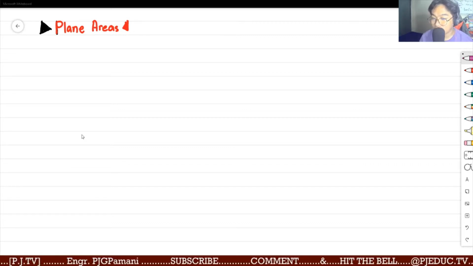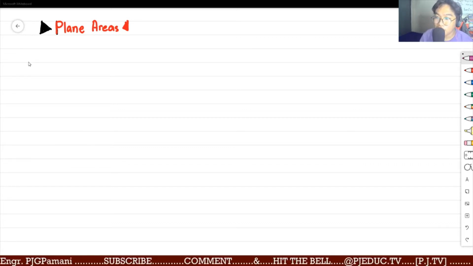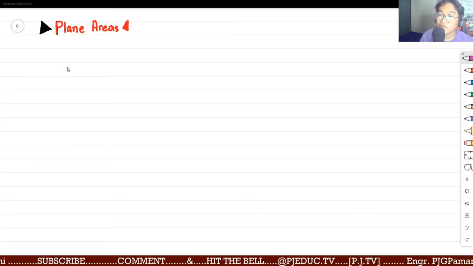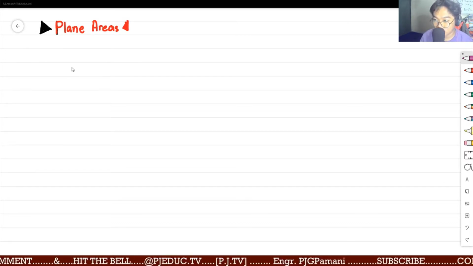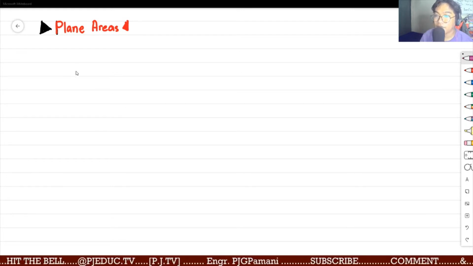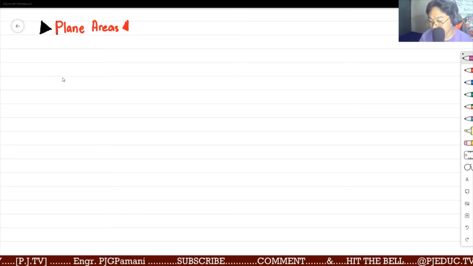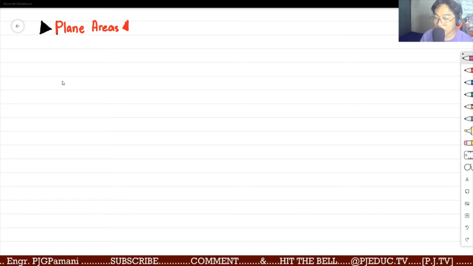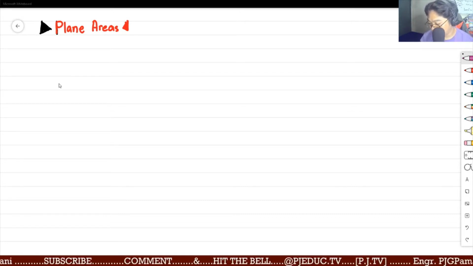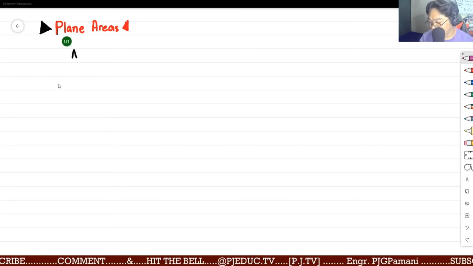This time we can solve the area bounded by that curve, that parabolic curve, or that particular line or slope within a plane using integral calculus, which we call the area